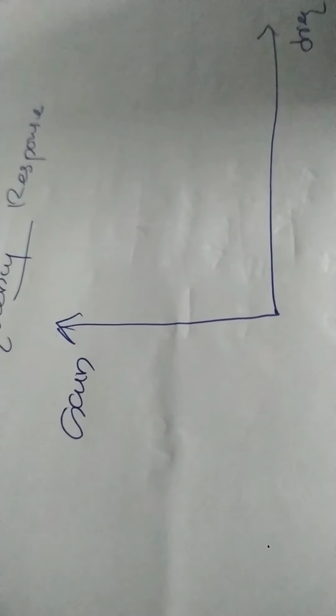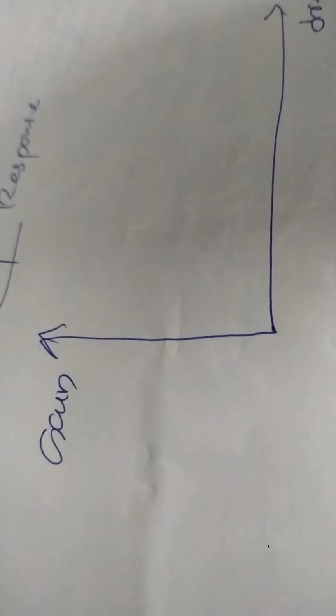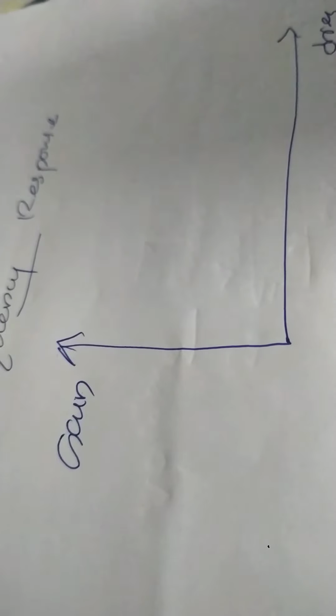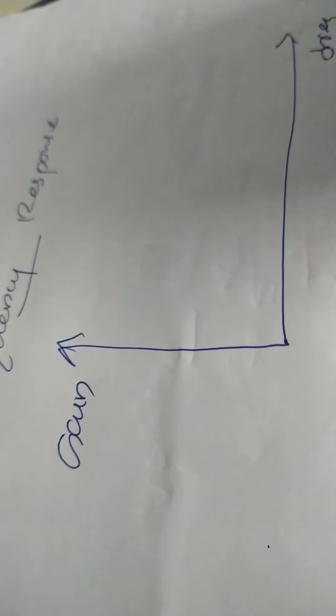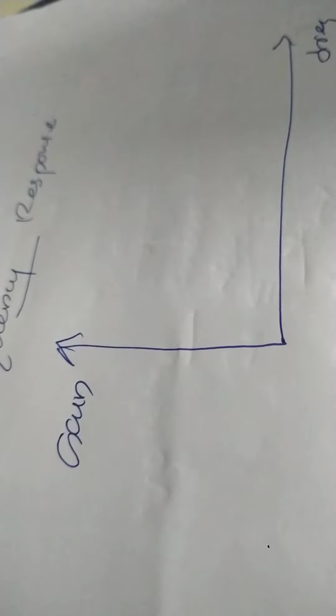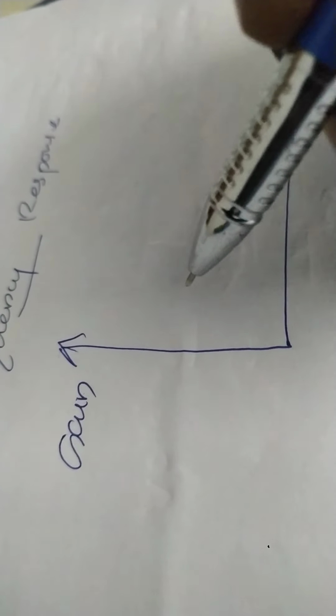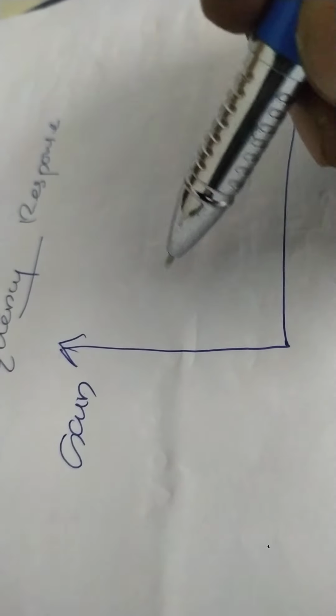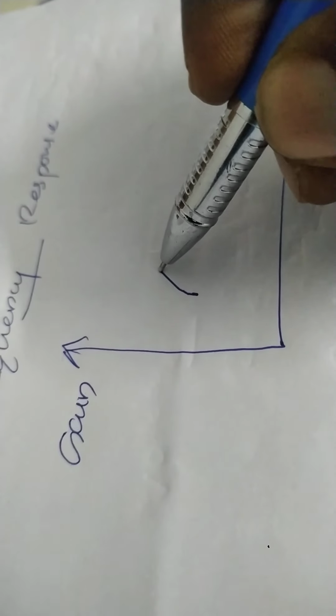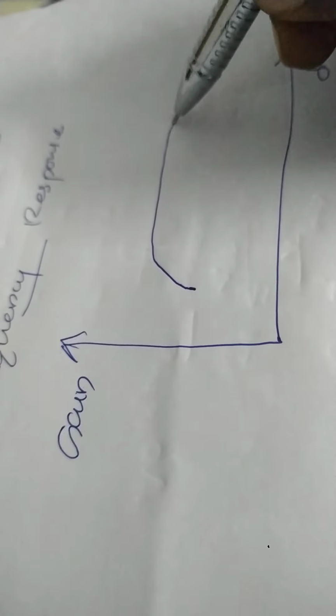The amplifier will amplify some low frequency signals, but some high frequency signals it does not amplify. So the amplifier does not amplify all signals equally. It depends on both the amplitude and the frequency. This characteristic shows how the amplifier responds to frequency. So it has low frequency, high frequency and middle frequency regions.